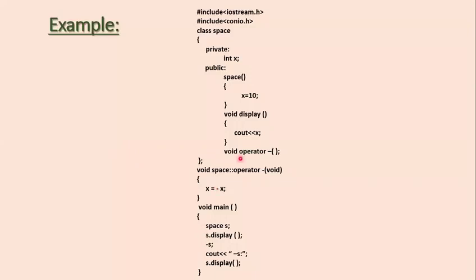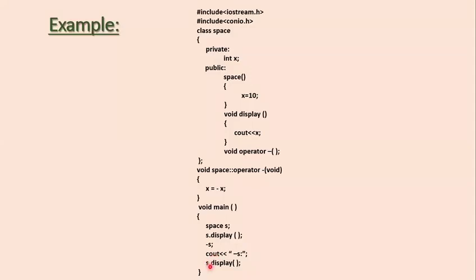After that, I'm going to call this operator overloaded function. How to call that operator overloaded function? Just use the operator, and after that operator mention the object. So here I have written minus S. Minus S means just call this operator overloaded function for the object S. Inside the S, the X value is there and the value of X is 10. So when you call this operator overloaded function for the S object, it is going to convert this X into minus X.